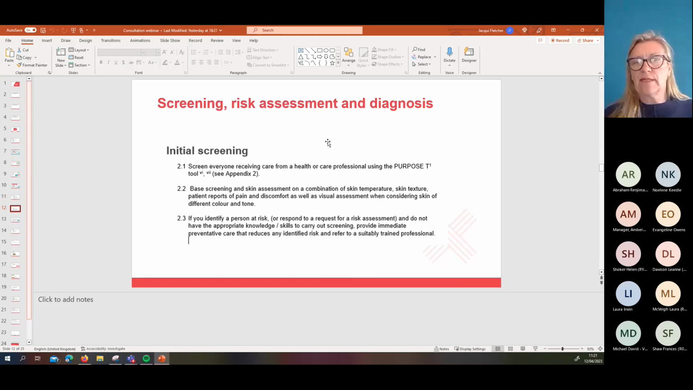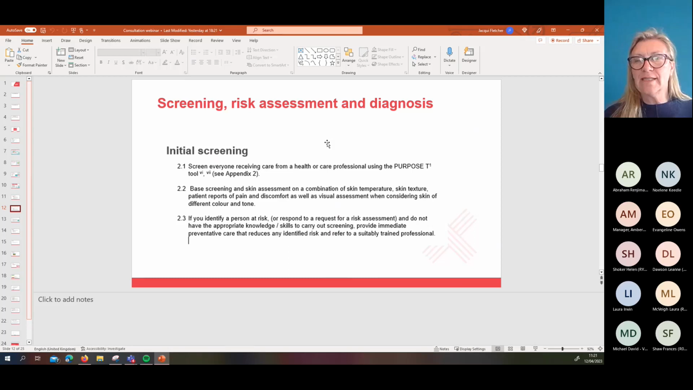So this underpins what I said to you about using Purpose T. So we're saying that everybody should have the Purpose T risk assessment. Within that, there is a requirement to assess the skin. So the skin assessment should be based not just on redness. We've been very focused on looking at red skin, and as we grow to understand much more about different skin